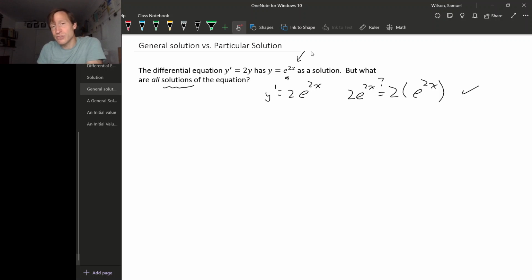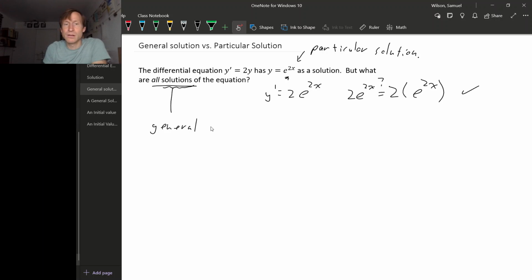When you have a single solution to a differential equation, often it gets called a particular solution, just to emphasize the fact that this is not all solutions to the differential equation. It's just one of many solutions. So when we talk about all solutions, if we can express all solutions to a differential equation, to emphasize the fact that we're really writing down all of the solutions, we call an expression of all solutions the general solution